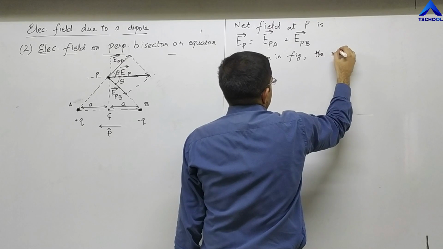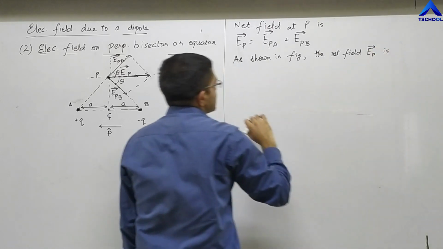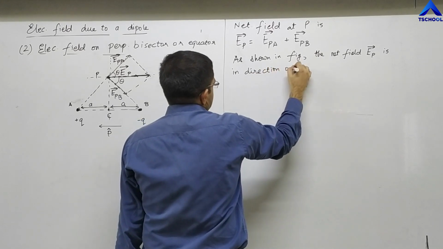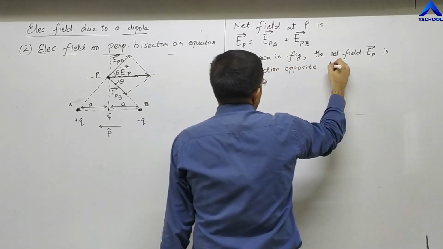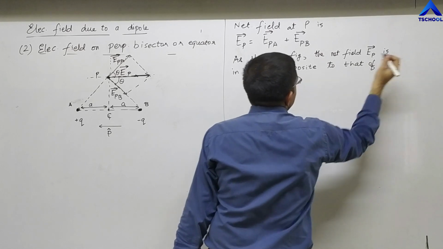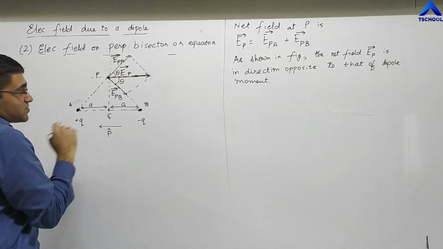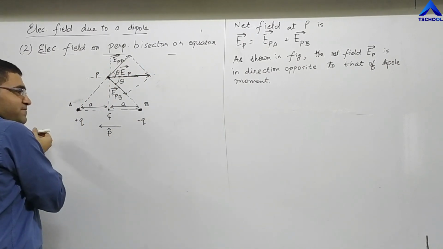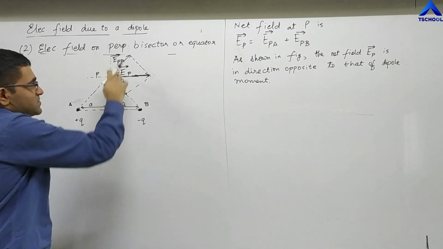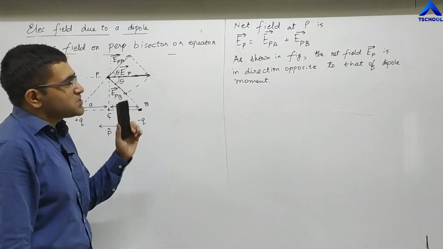The net field EP vector is in direction opposite to that of dipole moment. Do you agree with me? Have a look. Dipole moment is towards your left, but this EP vector is towards the right. Again, that's because of the symmetry of these two, right? So, as shown in the figure, the net field EP vector is in direction opposite to that of dipole moment,